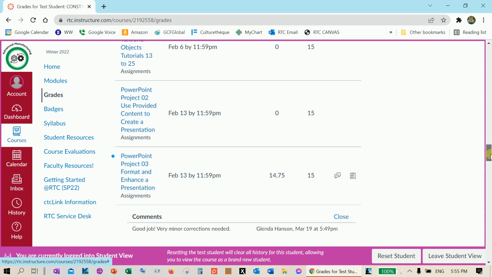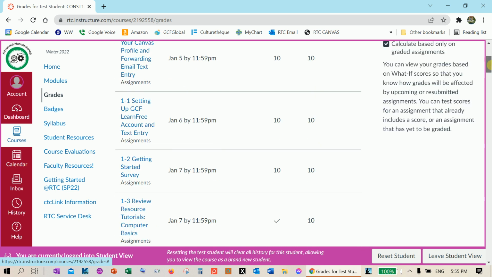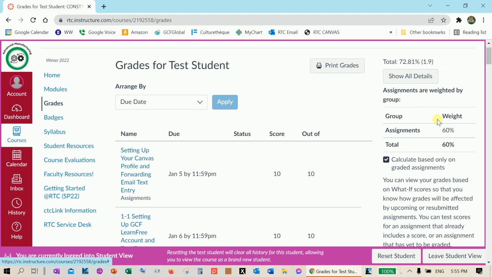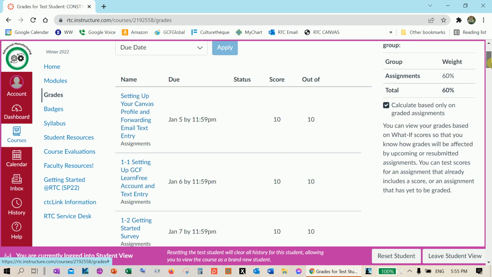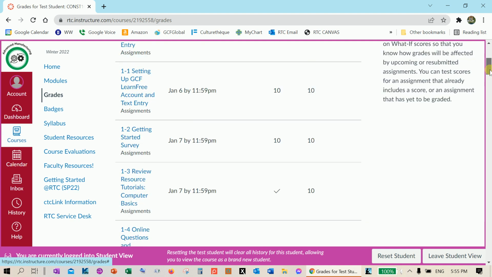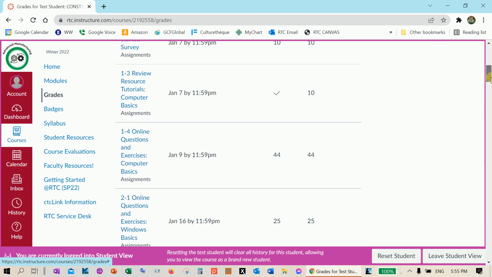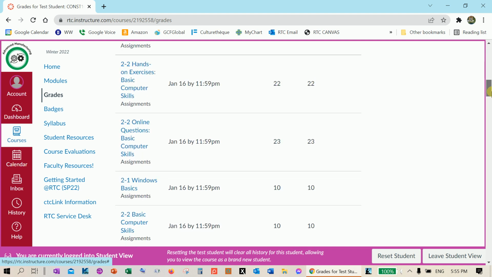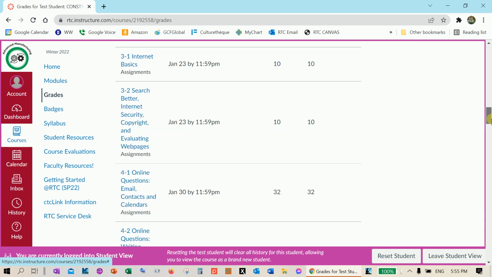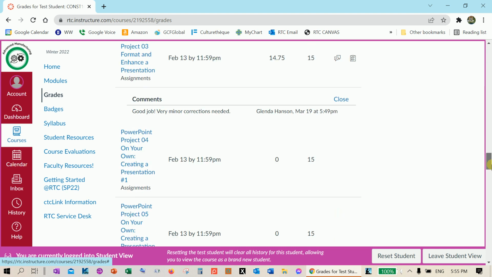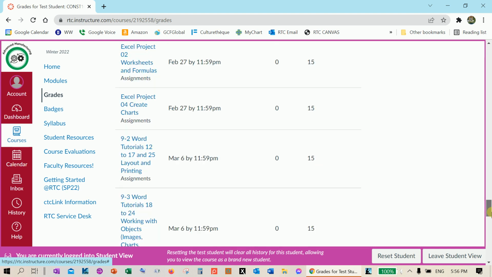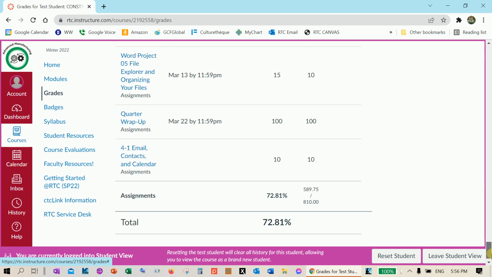There's one other thing I would like you to know, or a couple things here. One is here the group weight. Assignments are 60%, and this one isn't set up right. There should be 40% on all the projects. I expected to see something different there, but it will tell you the weight of 40-60. In your class, it'll be that way. Then at the very bottom, it will show what your grade is at this time. Right now, it's at maybe